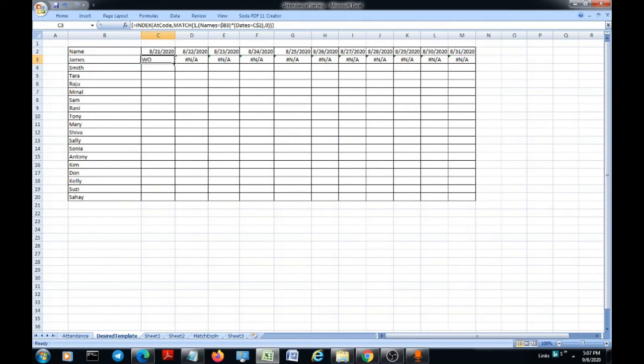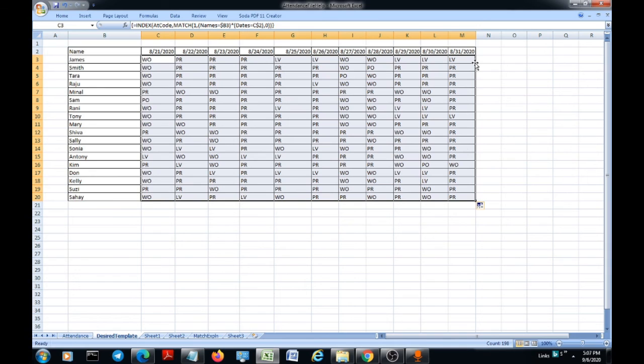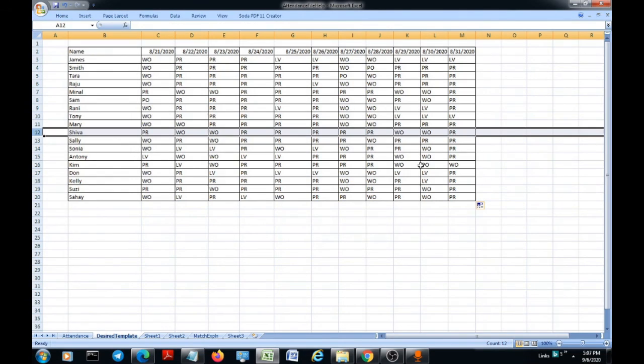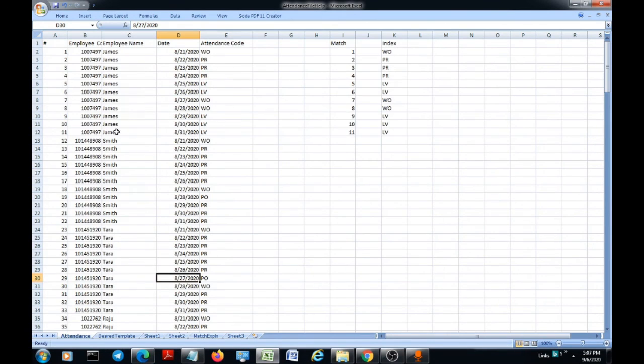Now I am going to click and drag this formula and apply it to the other cells. I have the result here. Let's counter check whether the data I have is correct or not. Let me take an example of Shiva for 29 and 30th August. What is the attendance for Shiva for 29 and 30th August?